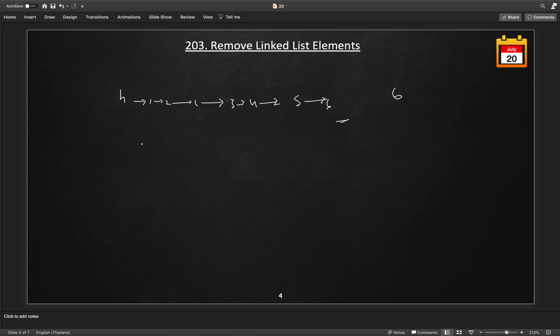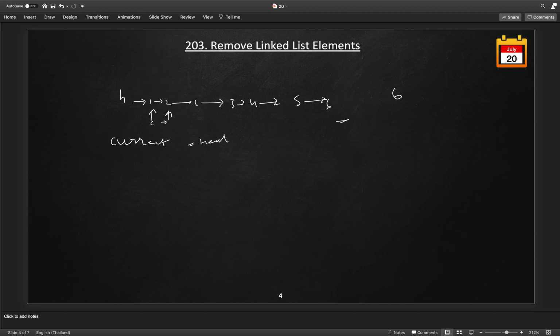After that we will initialize another pointer, let's call it the current pointer, initialized with the head. Instead of current, we will look at the current dot next pointer value. Initially our current will be here, let's represent it with C. If we see current dot next dot value equals 6, no, then we simply update current to the next, current equals current dot next.